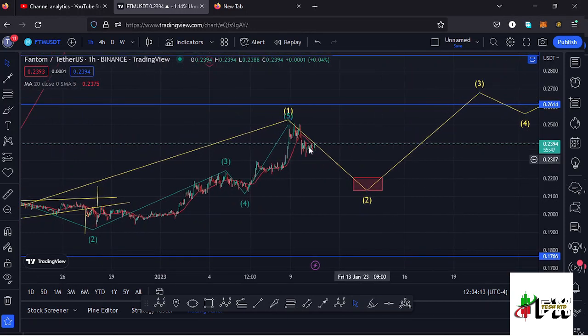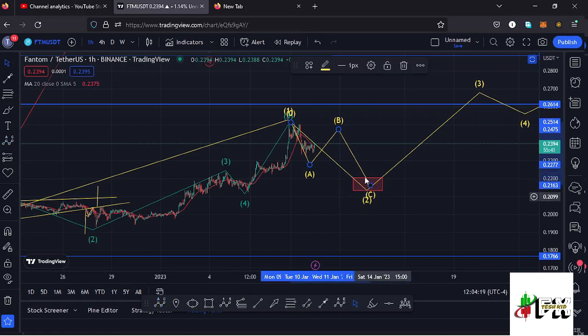I'm expecting a corrective structure where I will also be expecting to see an ABC corrective structure to complete the formation of this second wave to the lower side. So let's be patient and see how that plays out here on the Fantom chart,